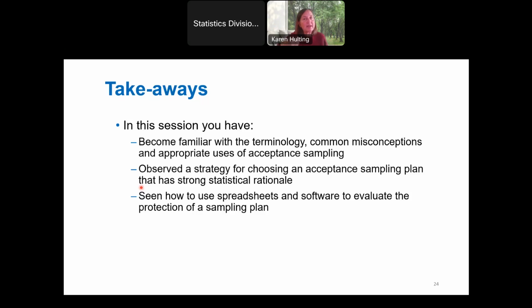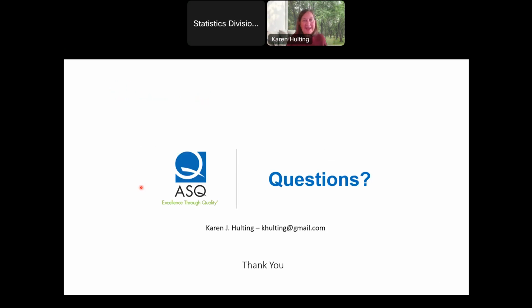Now, that spreadsheet program did not do the variables acceptance sampling, right? That's going to be a more complicated calculation. It can still be done with spreadsheets. It's just not simple enough that I can show it in a 1-hour webinar, but it can also be done with normal distribution calculations. So with that, I'd be really happy to take any questions.